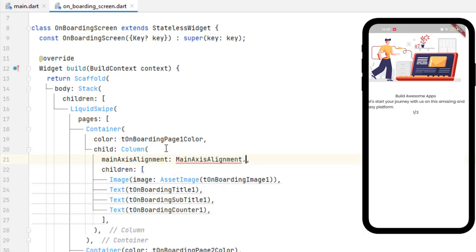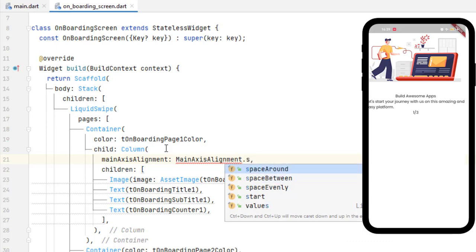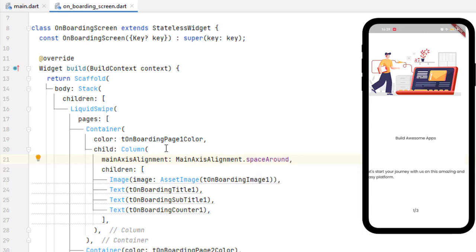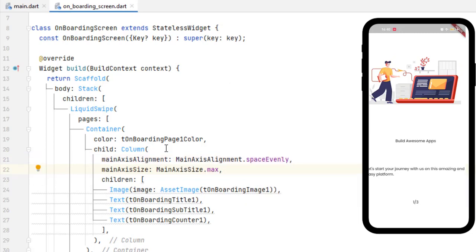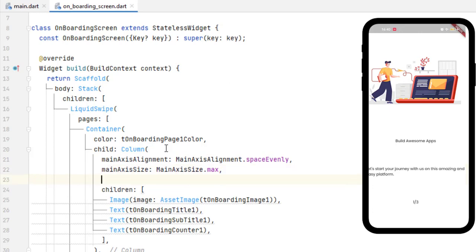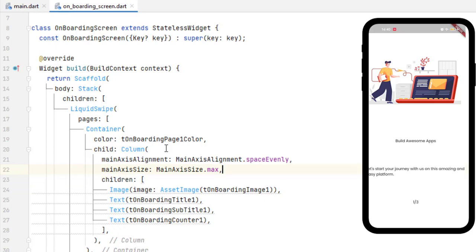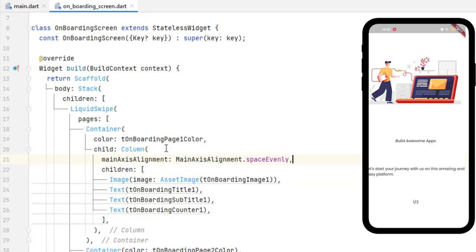So main axis alignment will be space around, and you can see that now it's taking equal space, or you can say space evenly. Both will work. After that, main axis size will be maximum, so the column can utilize all the vertical space. Then as a cross axis alignment, we want to make sure that all elements lay down in the center. By default it is in the center, so we don't need to mention it. And also by default it's covering the main axis size as max, so we don't need this one as